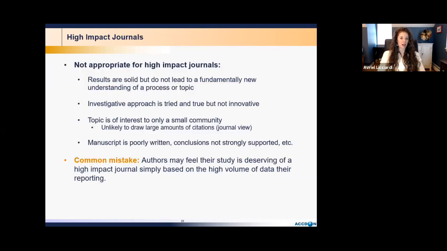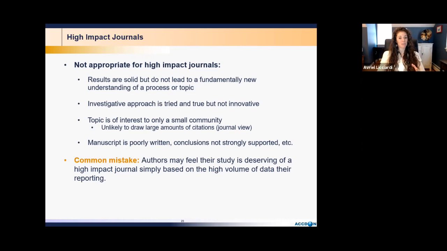On the other hand, some points I've listed here are reasons that your work may not be quite appropriate for a high impact, broad readership journal. If your results are really solid, they're strong, but they don't lead to a fundamentally new understanding, then unfortunately your work may not quite be ready for a high impact journal. If the approach you used is one that's tried and true, so it's been established for many years, it's a strong approach, but there's really no innovative aspect, again, that might not be quite powerful enough for a journal editor to accept your manuscript. If your topic is of interest to only a small community, a journal editor may turn that down,